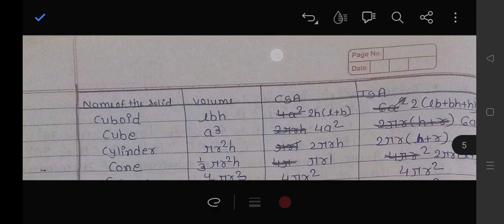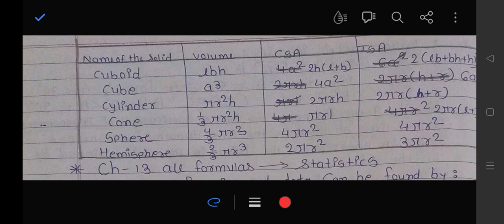Chapter 12. Cuboid: volume l b h, curved surface area 2h(l plus b), total surface area 2(lb plus bh plus hl). Cube: volume a cube, curved surface area 4a square, total surface area 6a square. Cylinder: volume pi r square h, curved surface area 2 pi r h, total surface area 2 pi